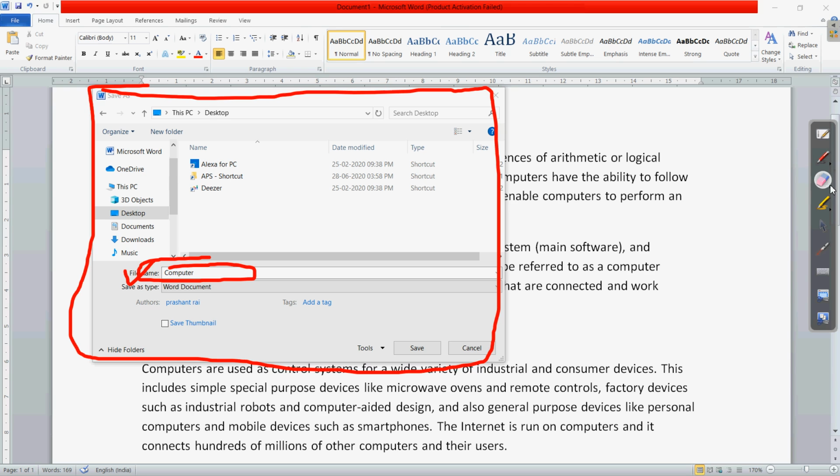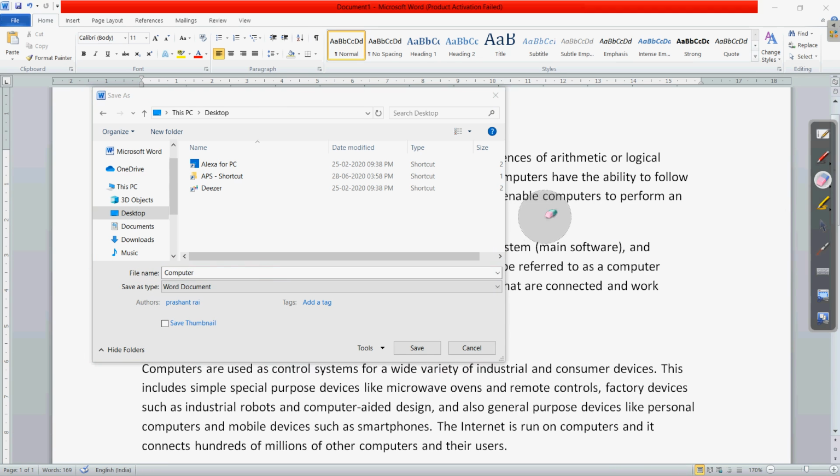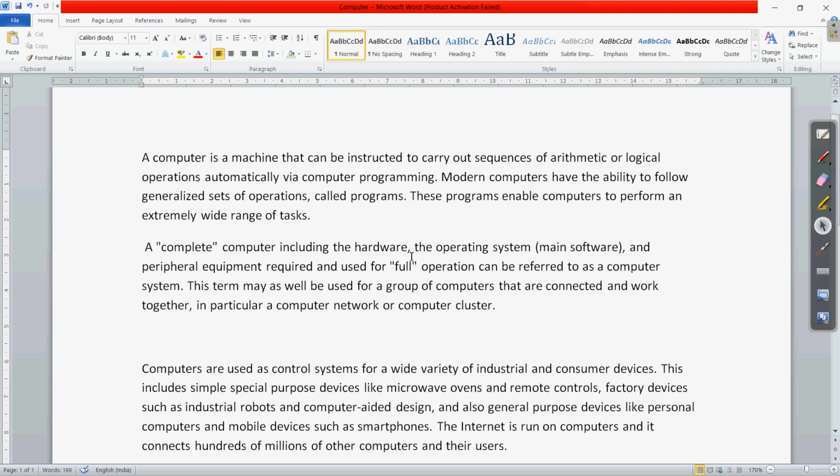Okay. So we have done a few of the steps. We have written the name of the file, then we have selected the place where we are going to save. So we are going to save on the desktop, and we have written the name of the file as computer. Now we can click on the save button. So when you click on the save button, the file will be saved, and at the top the name of the file will appear at the topmost, that is the title bar.